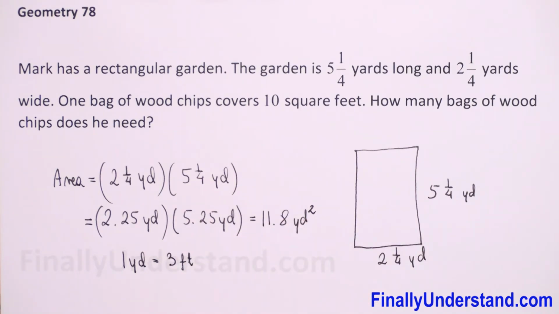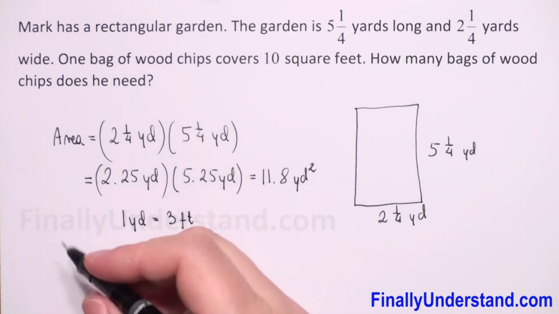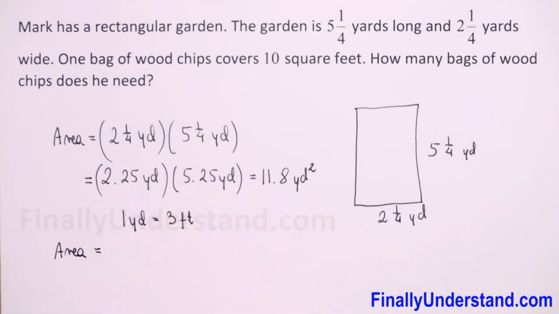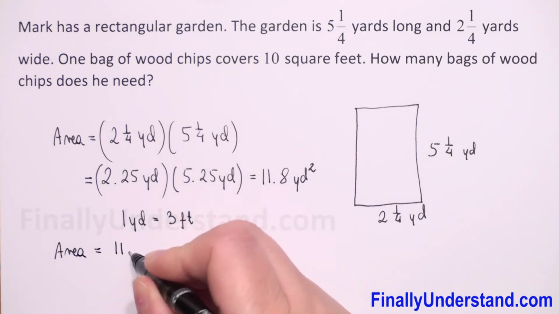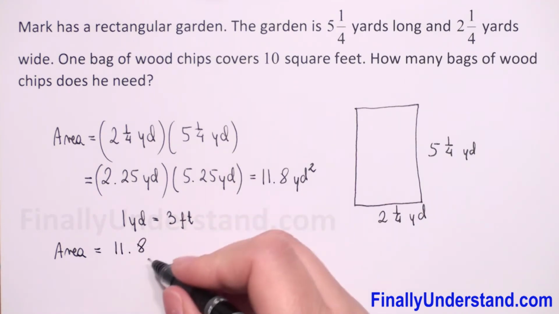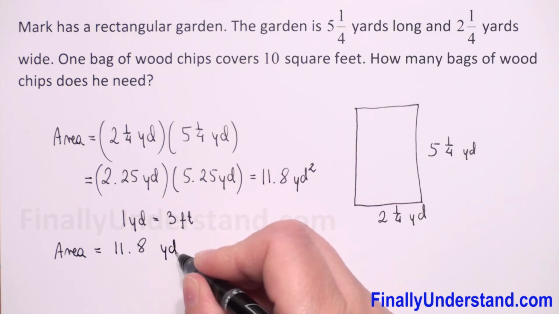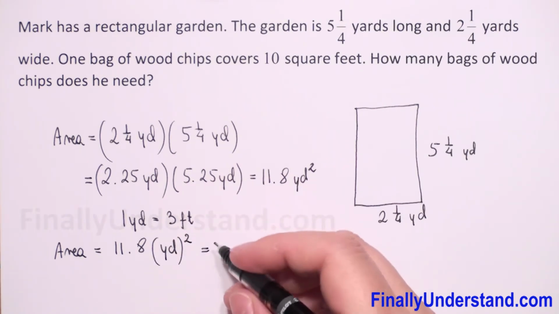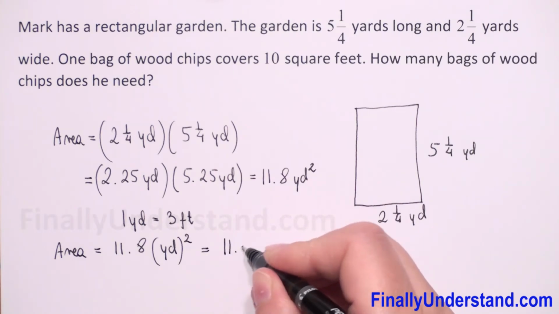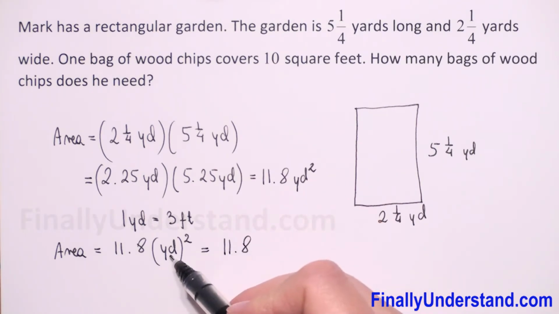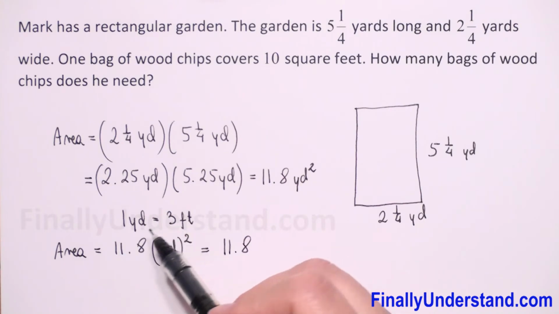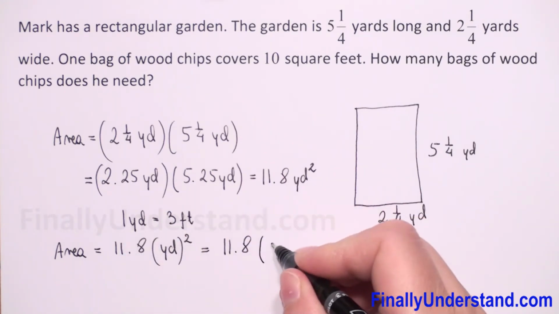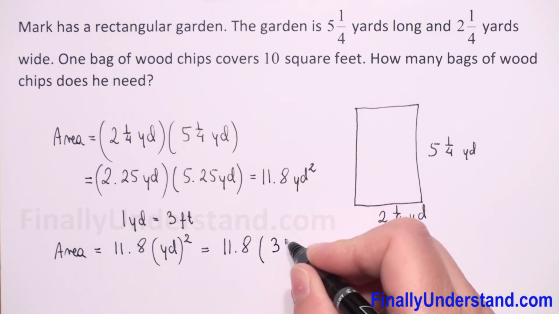So we can rewrite our area: 11.8 yards, let's put in parentheses squared, is equal to 11.8, and instead of yard we can put 3 feet, because 1 yard is 3 feet. So we have times 3 feet